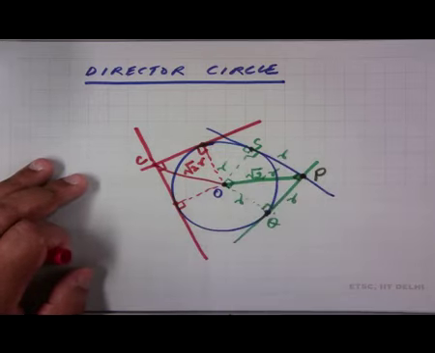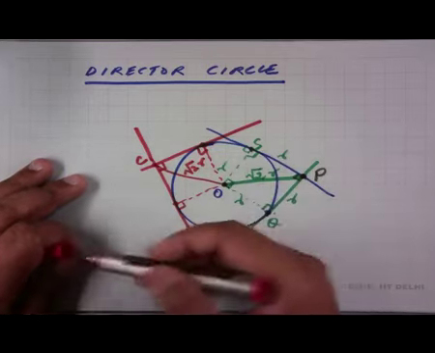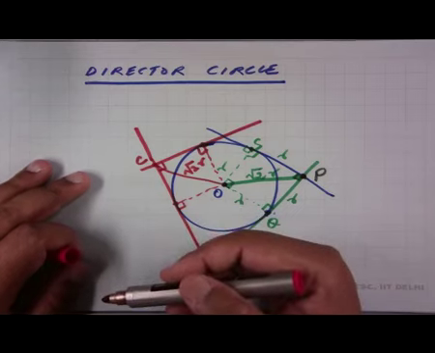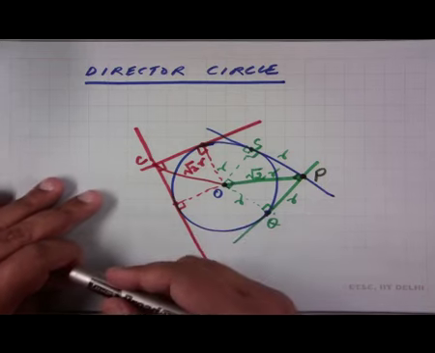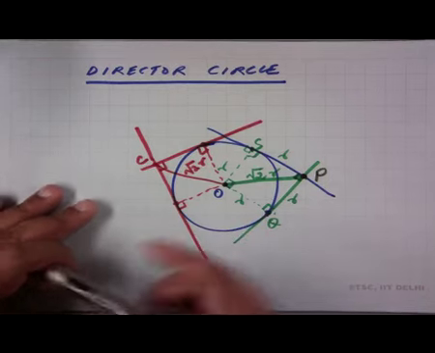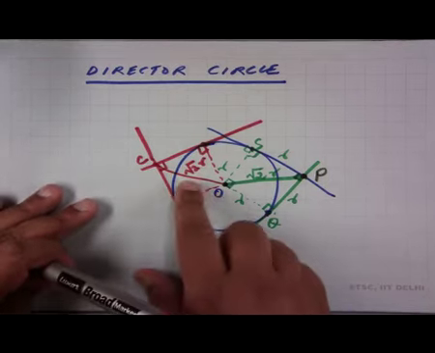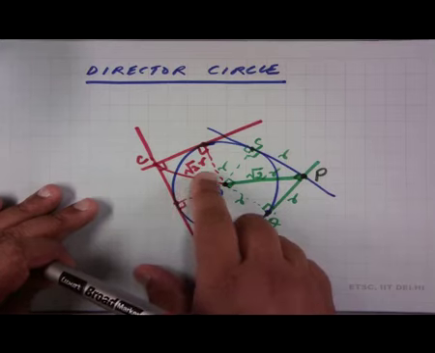So, what we see is that any such point which lies at the intersection of two tangents which are intersecting at 90 degrees is going to be at a fixed distance of square root 2 times R from the